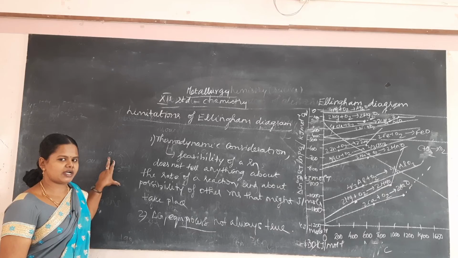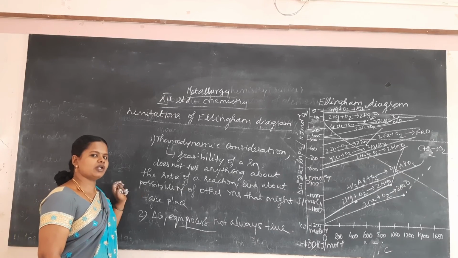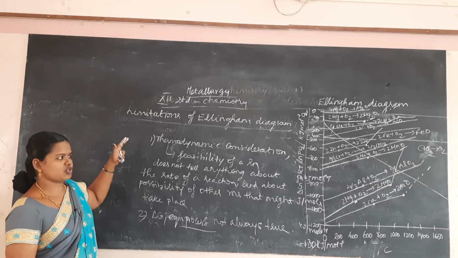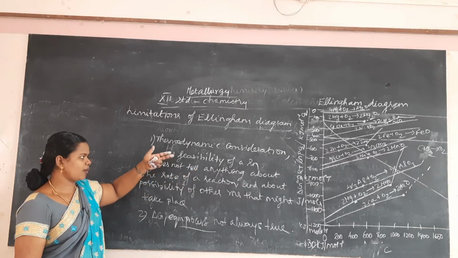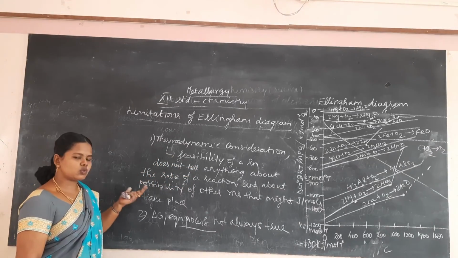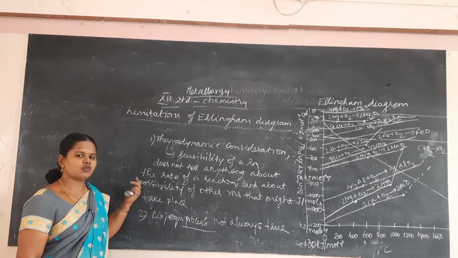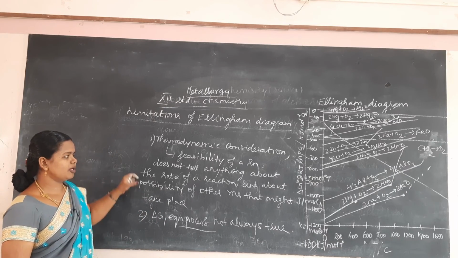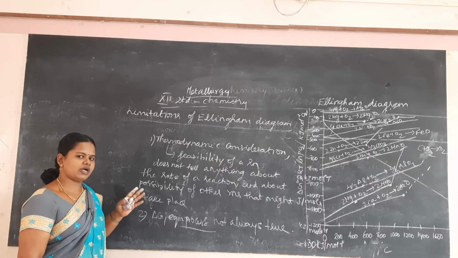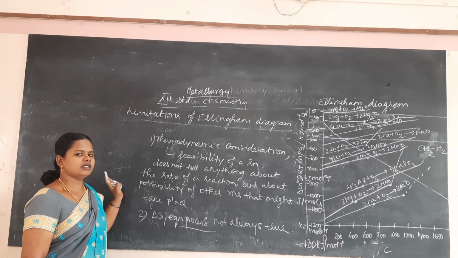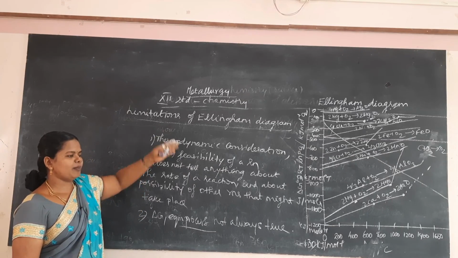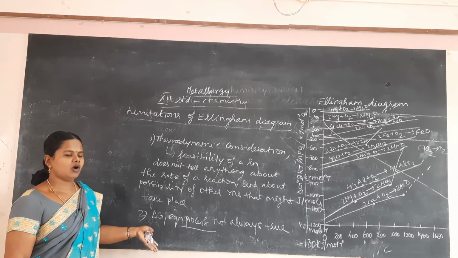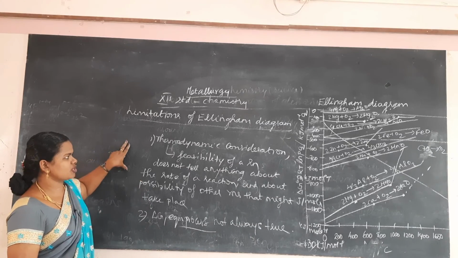So this can be asked in short answer. This Ellingham diagram is a very important question. So first you have to learn the thermodynamic principle involved in metallurgy, then what are the observations you obtain from the Ellingham diagram, then what are the applications of the Ellingham diagram. It is used to select the suitable reducing agent. It is useful to know the feasibility of a reaction at a particular temperature, and the limitations of Ellingham diagram. So this can be asked in detail. All the observations, the possibility, the applications, the inferences and the introduction of the Ellingham diagram can be asked in the long answer or detailed answer.